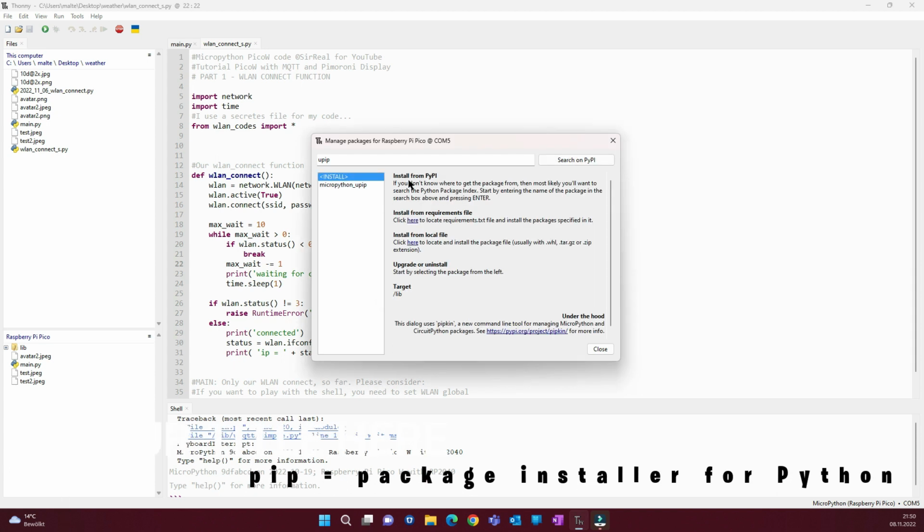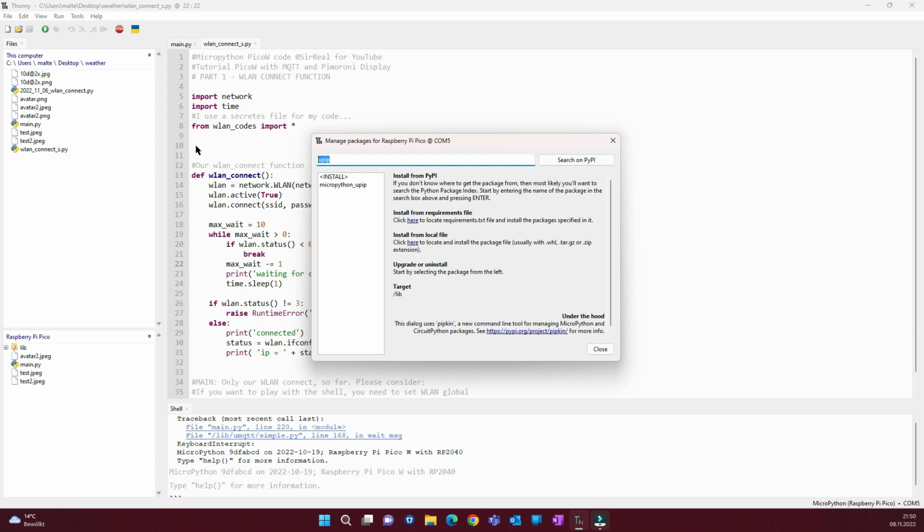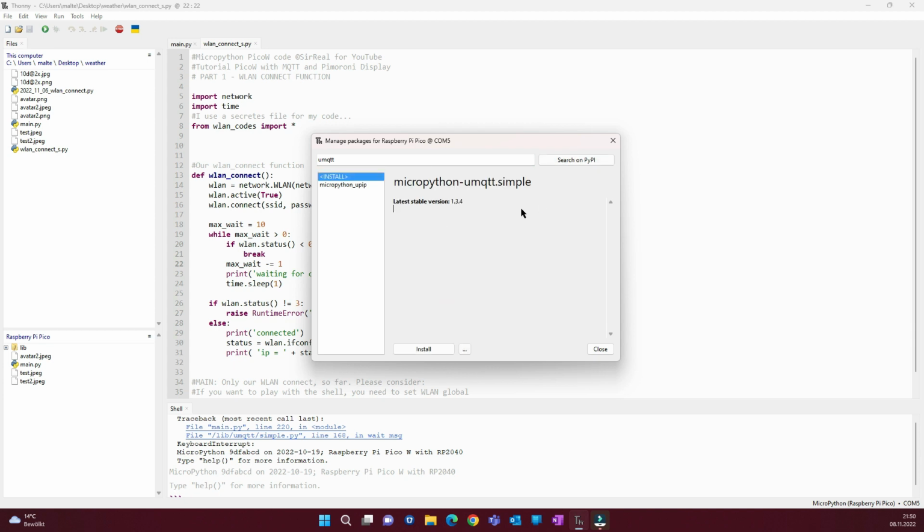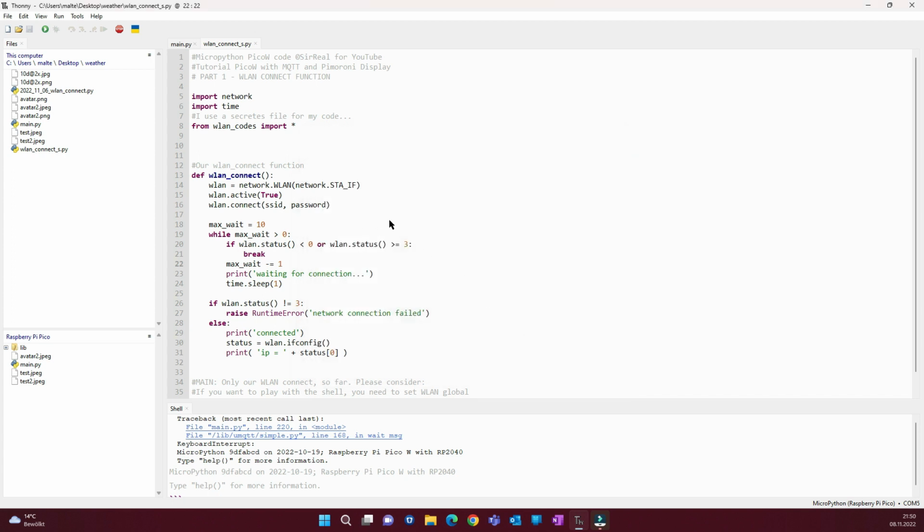Unfortunately, if you look for the micro MQTT libraries, you will find them here as well, simple and robust, but you're not able to install them from the package manager. You can try, you will get an error message. So we need to install them from the shell itself using the library we installed,